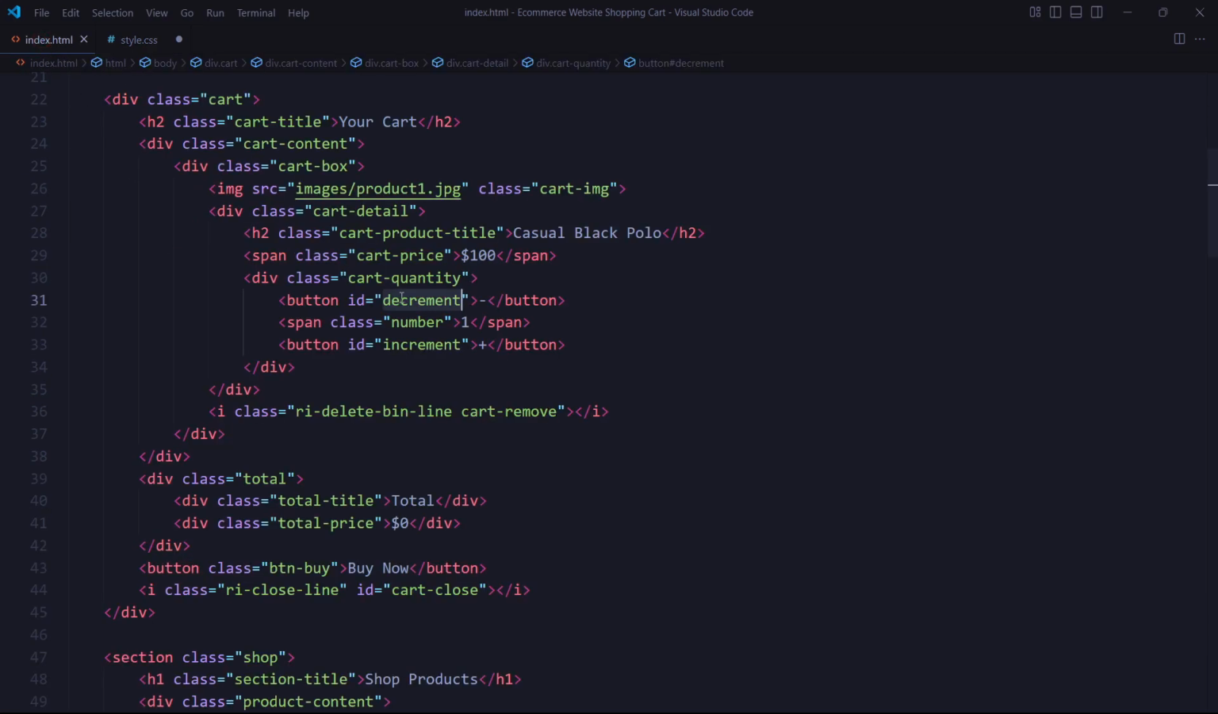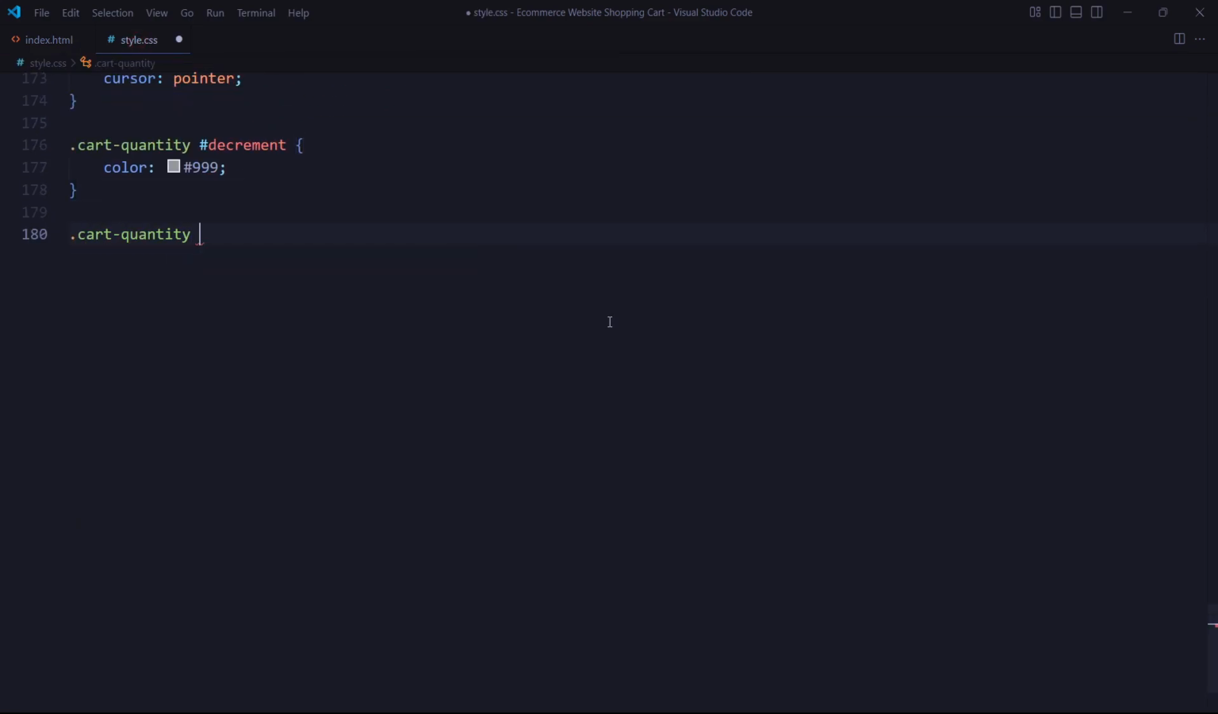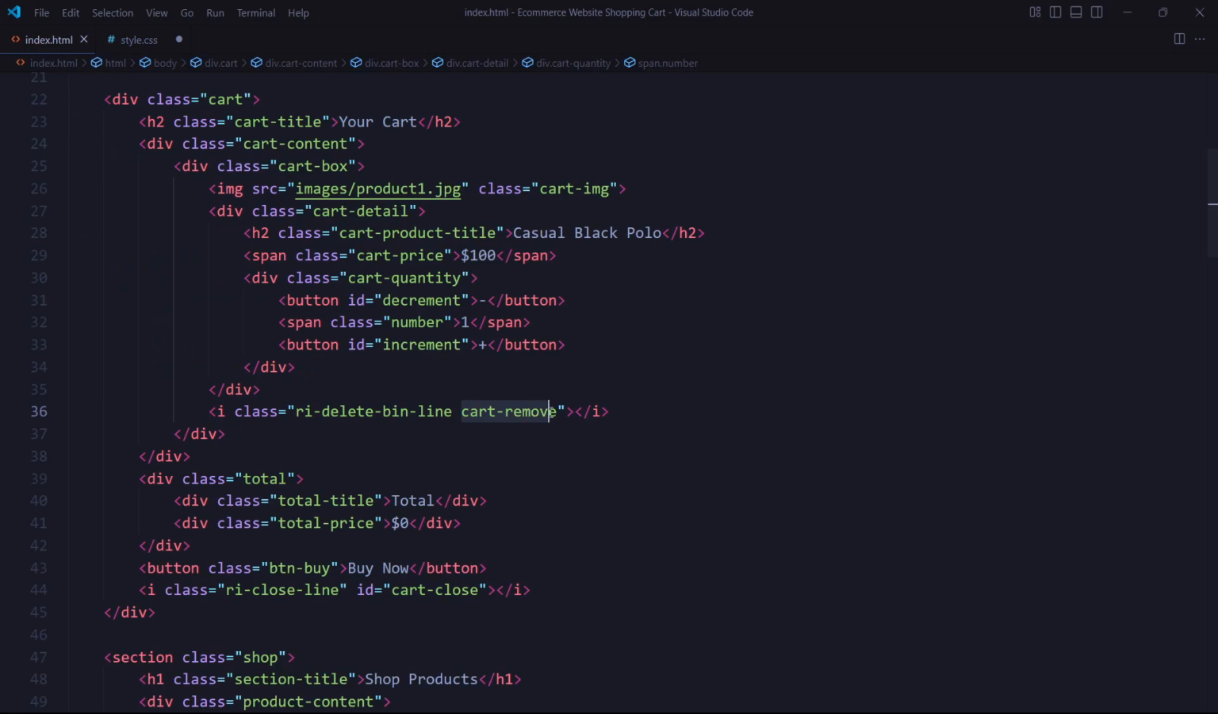Then for the element with the class number inside cart quantity: display flex for a flexible layout. Justify content center to horizontally center the content. Align items center to vertically center the content. Width 40 pixels for the element width. Border left and border right each with a size of 1 pixel, gray color, and solid type for the left and right borders. Cursor default. And for the icon with the class cart remove,